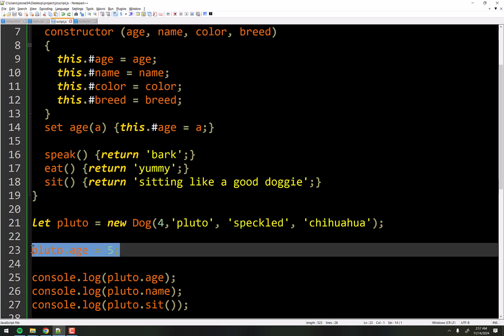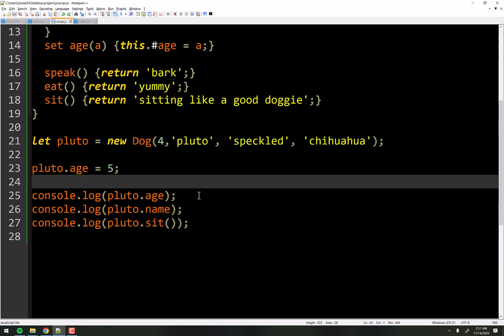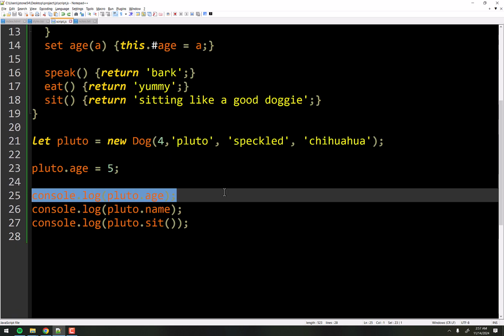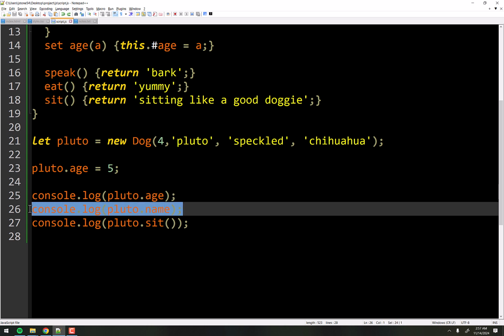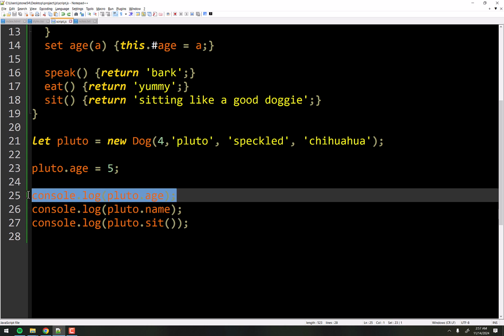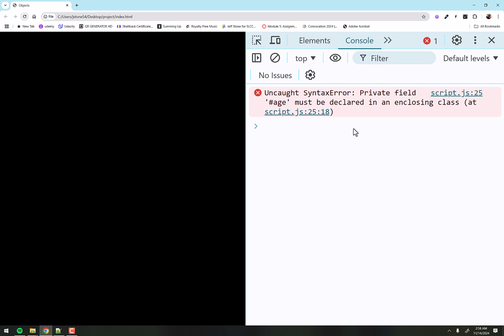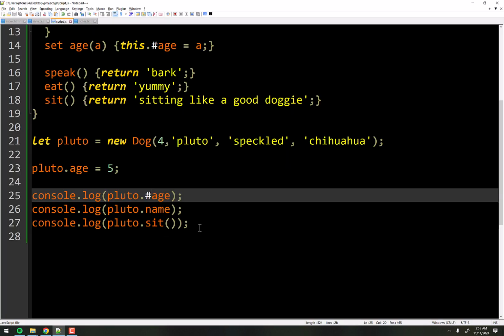This actually did work. It does work. It did set age to 5. But when I tried to print it out, it says undefined. The second undefined was this name business here, right? The first undefined says Pluto.age. That's because I'm not allowed to access that, because that's not a thing anymore, right? What there really is, that's a thing, but I can't even access that, because if I refresh that, I get an uncaught syntax error, because it's a private field and you're not allowed to access private variables.